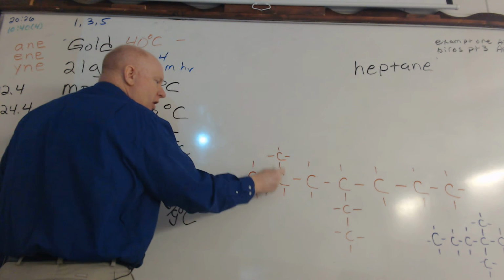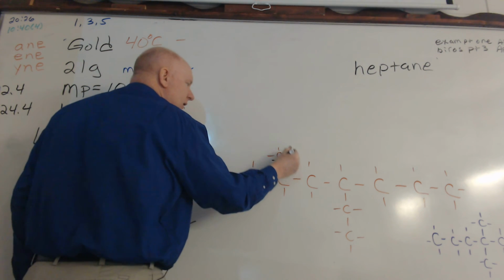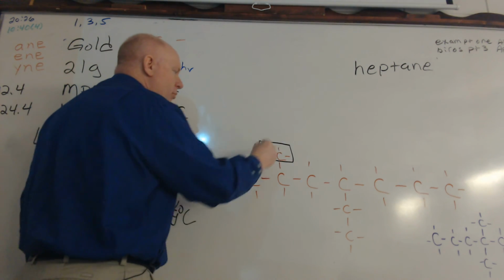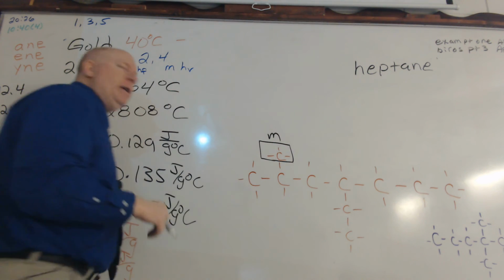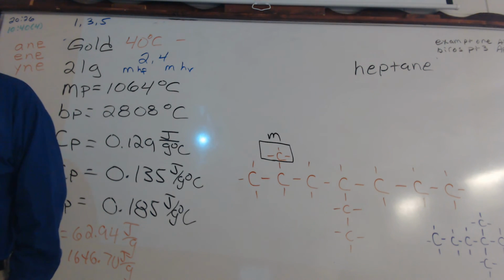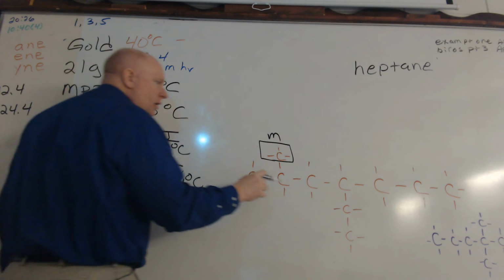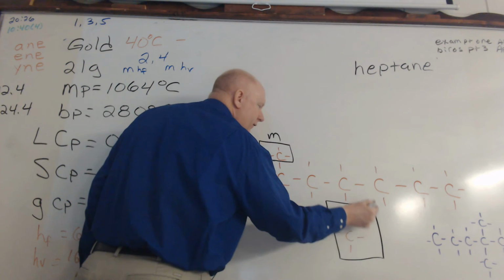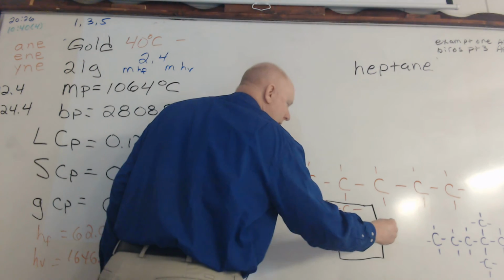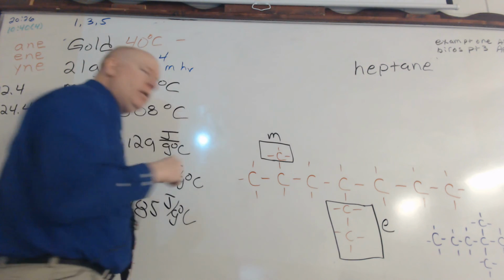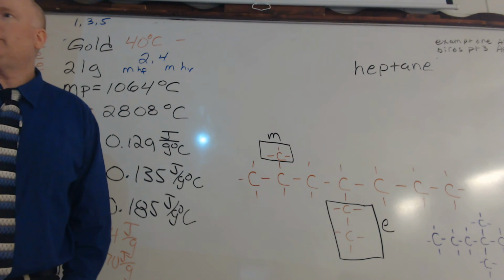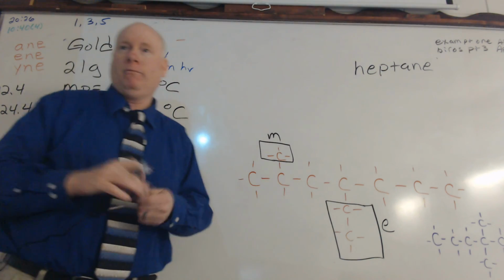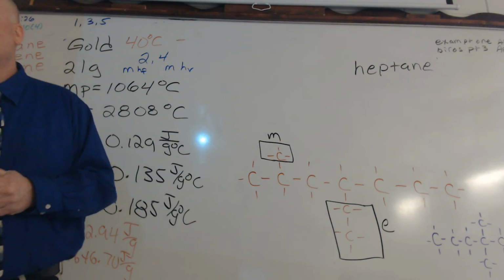Remember, this is a carbon-to-carbon bond, so we'll put it in a box. Okay? And if this helps you, put an M by here, because that M means methyl. Okay, you can do that. And then what is this derivative called? This is an ethyl group. Okay? So when you're looking at this, you can say, I'm talking about M and E, or me. It doesn't happen very often. But